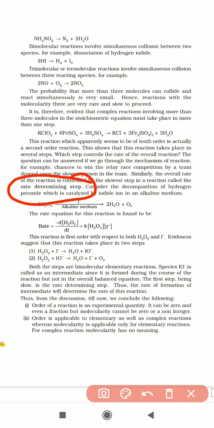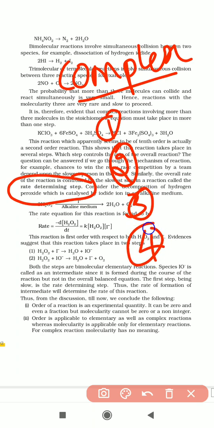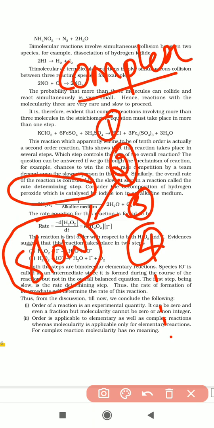If you take a complex reaction, for example, how many steps will be present in that complex reaction? Several steps will be present: first step, step 2, step 3, step 4, like that. Among these several steps, which step takes place very slowly? That step determines the rate. Among all these steps, the step in which reactants convert into product slowly is called the rate determining step.